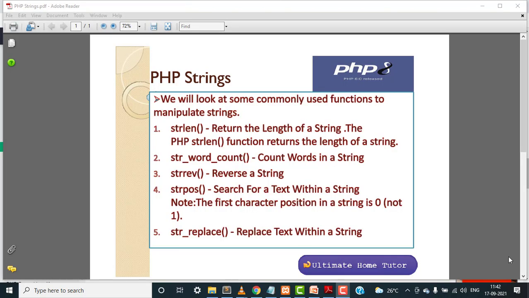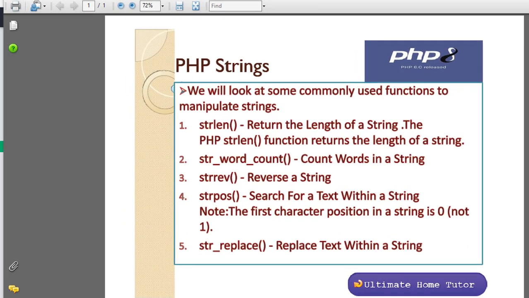Today we'll discuss PHP strings. PHP strings means the functions that are used to manipulate a string.